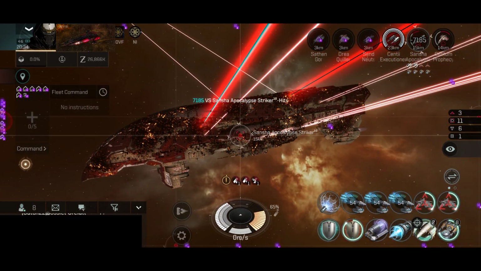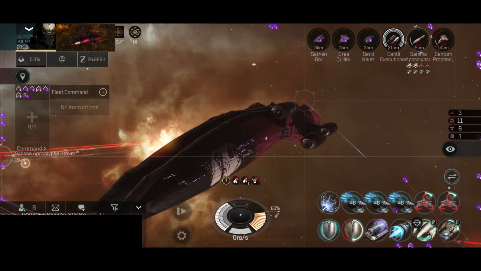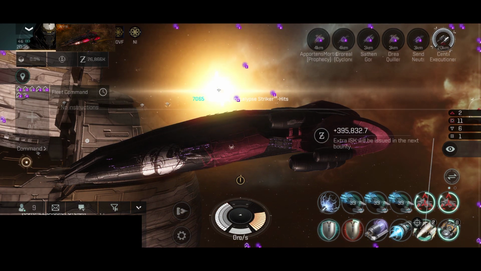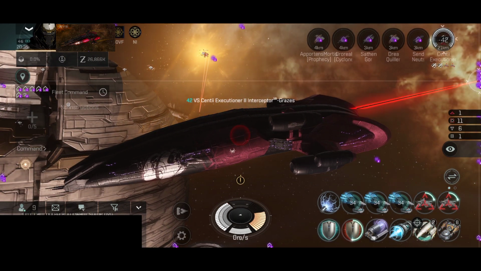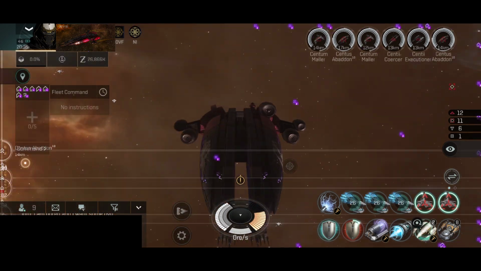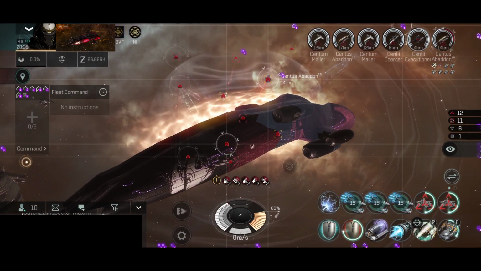Okay, next one is this Sanch Apocalypse that's going down. I'm quite curious to see how this ship would perform solo, although I'm not permitted to do these anomalies solo, unfortunately. I have to be part of a fleet, although I can try to sneak one or two of these anomalies while everyone is sleeping, although that's not gonna work because people are always active, and once they see a special anomaly they are swarming all over it,